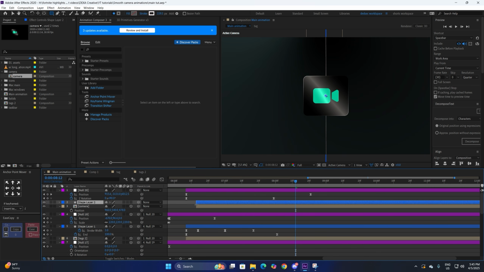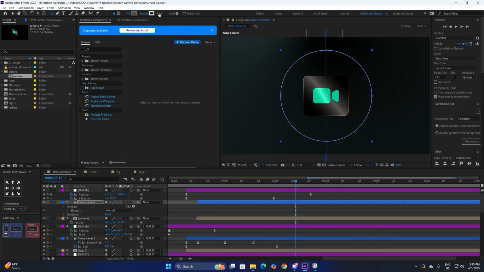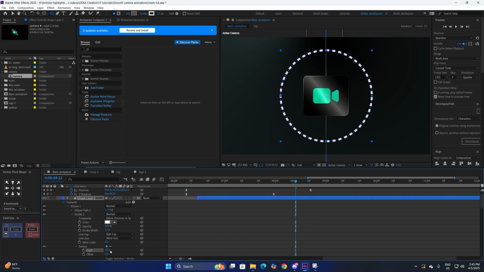And similarly, make a new shape layer, and we are going to make the side rings. Just make a circle shape layer, change the width to around 17, and we are going to go into the settings and click on these dashes, right, and increase the dashes. And what we are going to do is just click on the dashes again, and you have the gap option as well, right? Just change it to whatever you like,